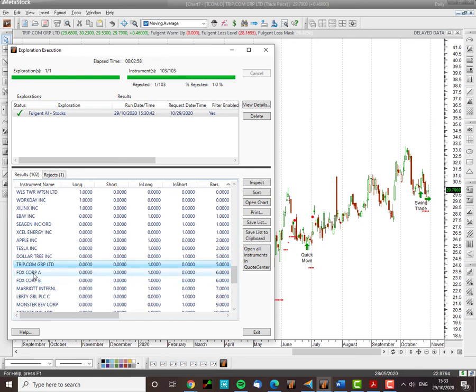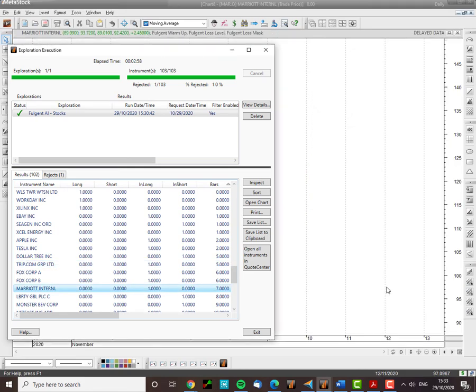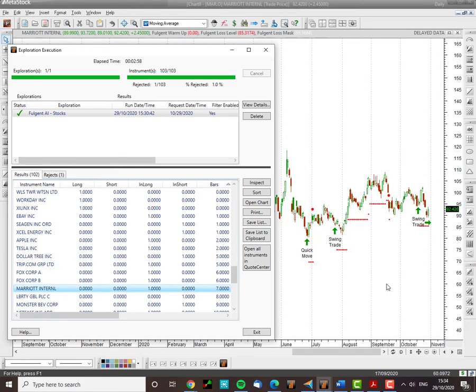And Fox Corp we highlighted last week as a trade. Marriott International is also in a trade 7 days in. I would think that would probably be close to its stop loss. Yeah, there we go, still in a trade. The stop loss here is 85, so Marriott International is still in a trade. So you can find trading ideas most recently, and if you sort this from top to bottom,